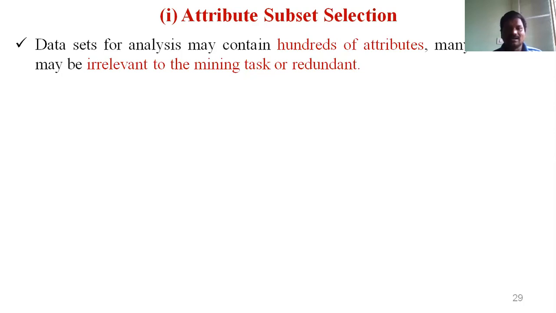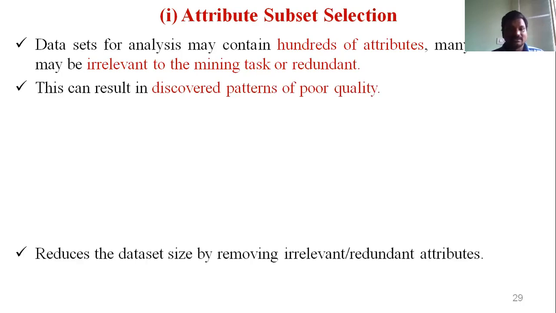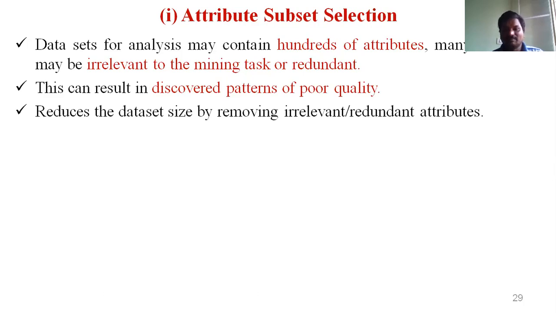You will remove the non-relevant attributes. Not only irrelevant attributes, you also have redundant attributes existing in the data. The main intention here is to remove such kinds of attributes. In dimensionality reduction, one of the best approaches is reducing: you have to remove the irrelevant attributes, and then remove the redundant attributes. This can improve the quality of discovered patterns, and reduce data size by removing the irrelevant and redundant attributes.